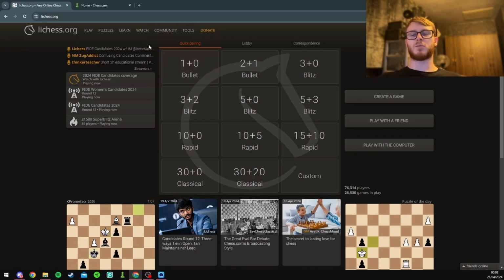So let's weigh up the options. What is actually better? Now, chess.com, if it was free, would possibly be better. However, I am giving the points to Lichess because simply,